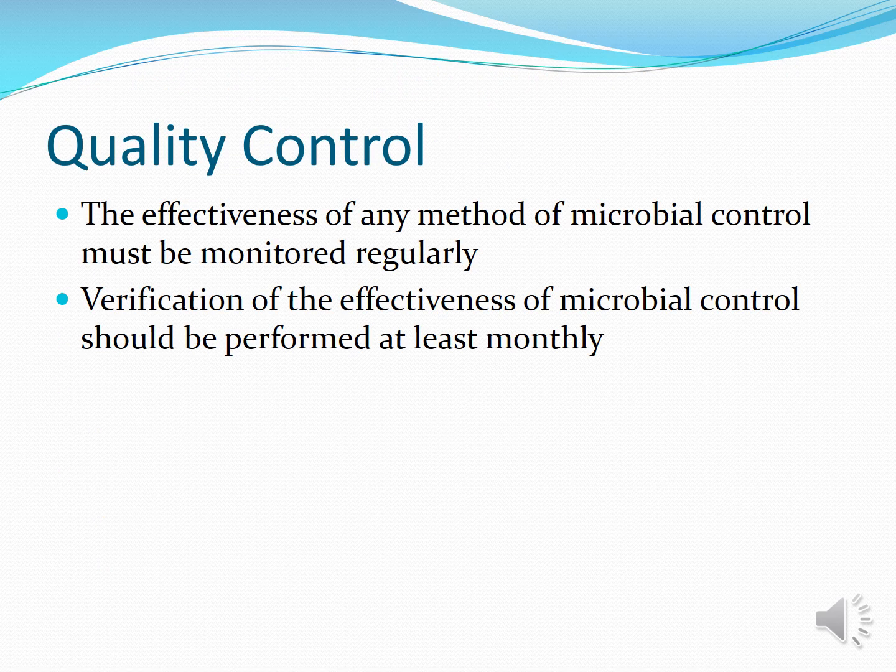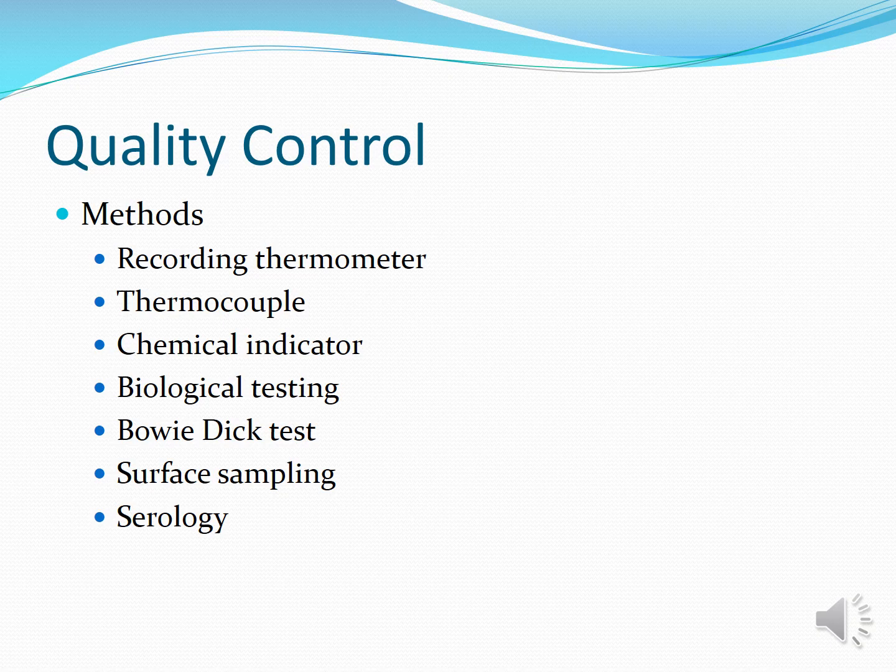So on. Quality control. The effectiveness of any method of microbial control must be monitored regularly. Verification of effectiveness of microbial control should be performed monthly. So the methods of quality control are recording the thermometer, thermocouple, chemical indicator, biological testing, Bowie-Dick test, surface sampling,